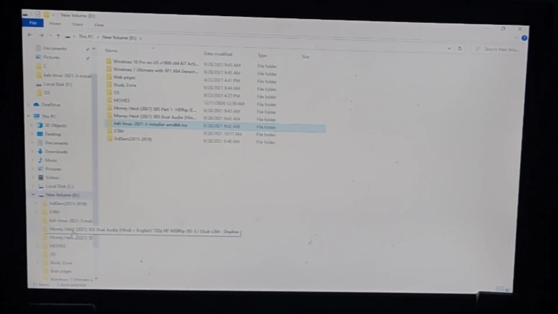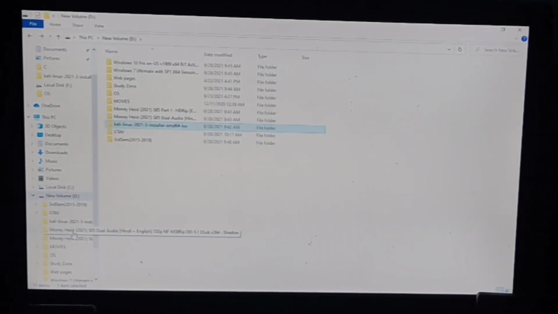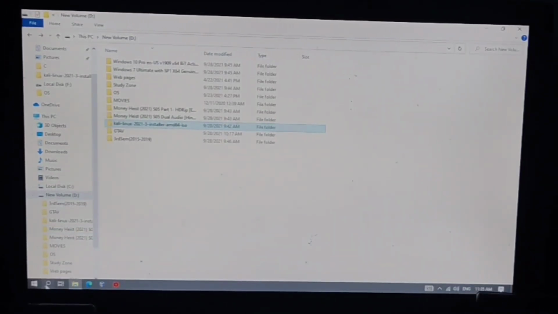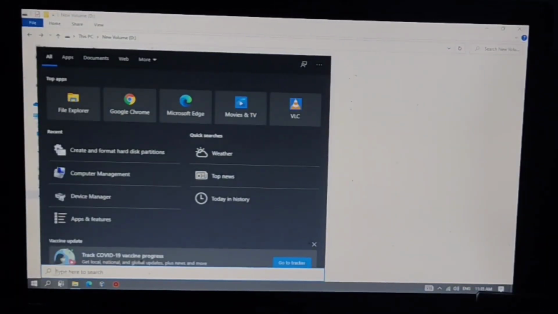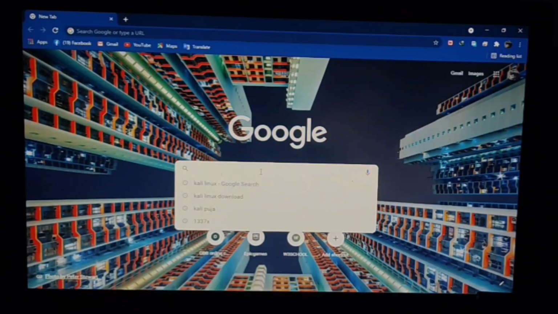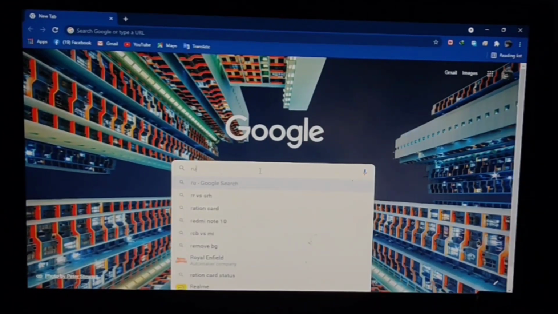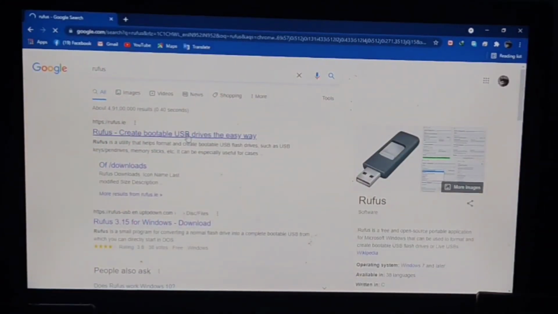We want a pen drive. That is my pen drive. I put it in and boot it. We need a software called Rufus. Open the Chrome browser and write Rufus.